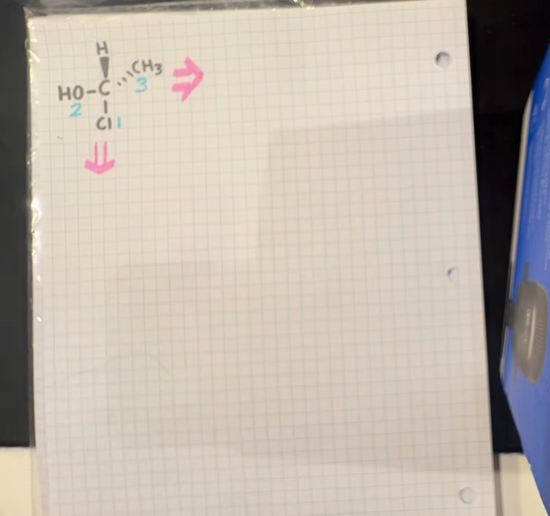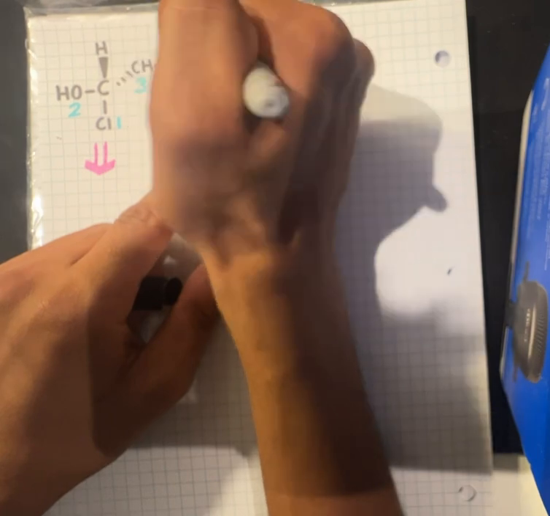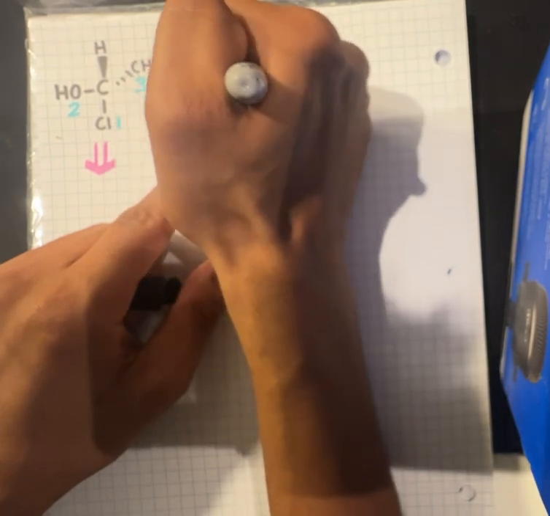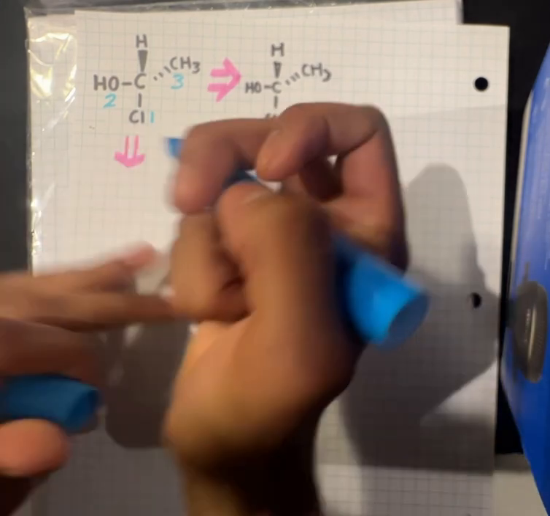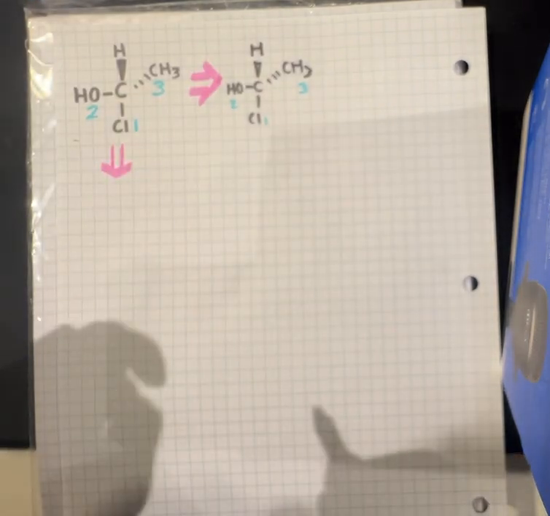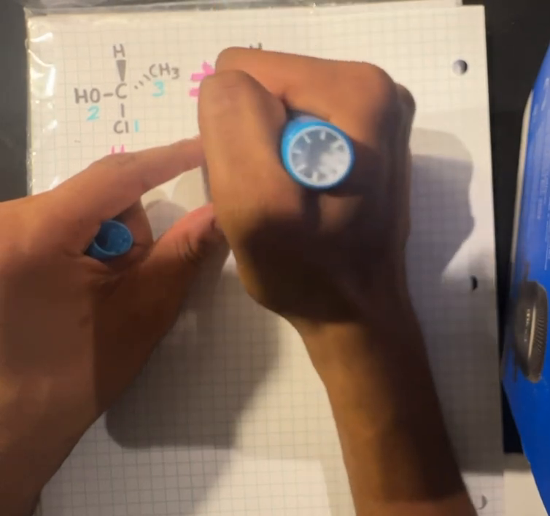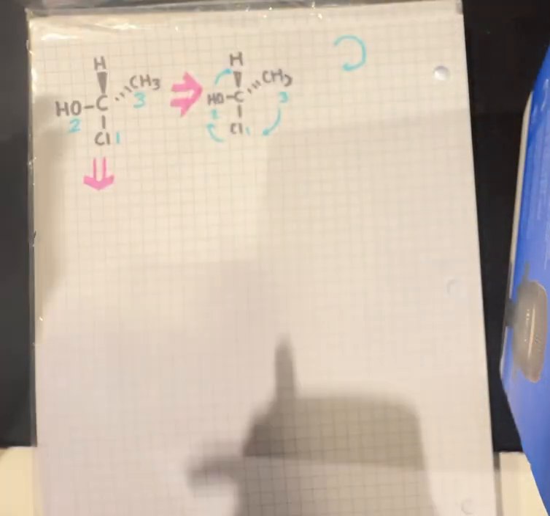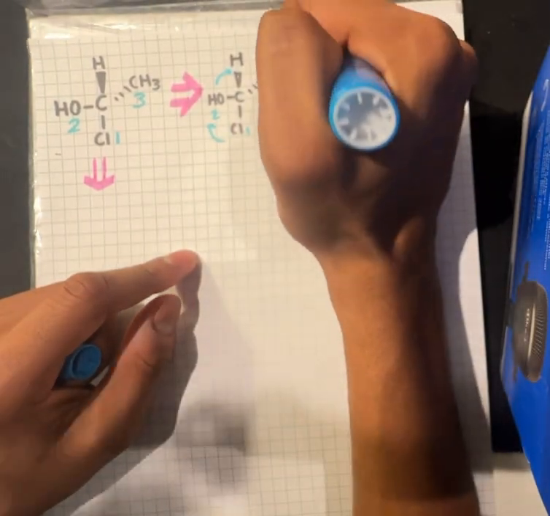So if we were to redraw this molecule, just so that we have it. So we have it labeled 1, 2, and 3. Now we can draw an arrow from priority 1 to priority 2, priority 2 to priority 3, and priority 3 to priority 1. We see that we get a clockwise fashion of rotation. A clockwise fashion is denoted as R,